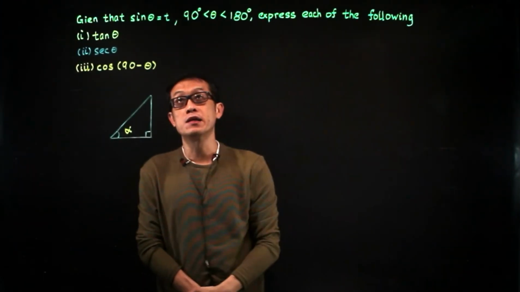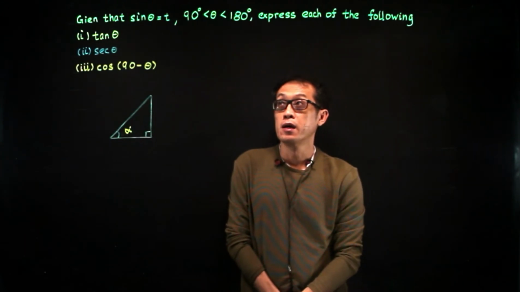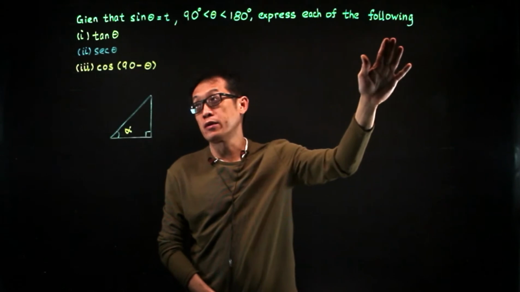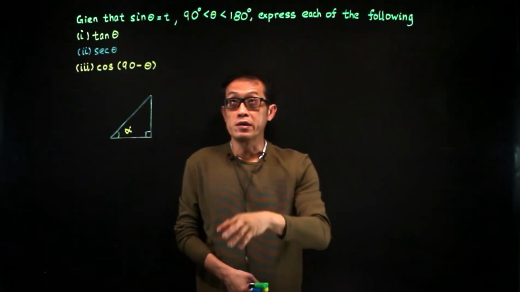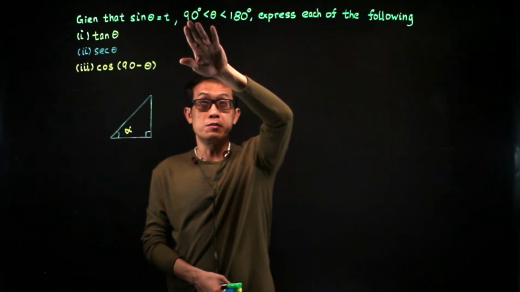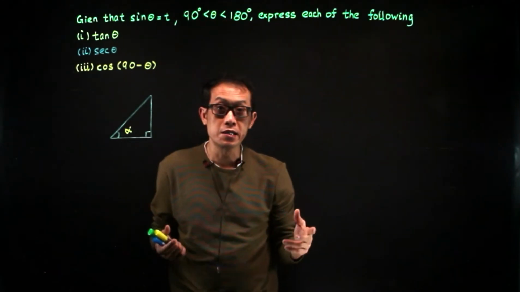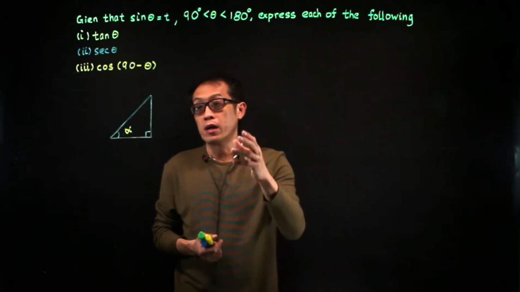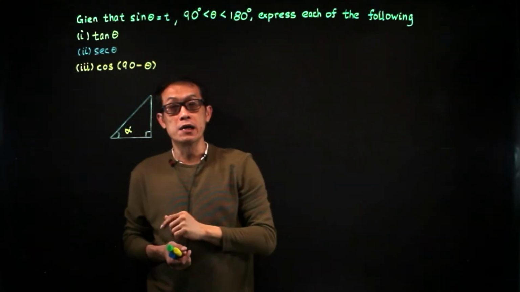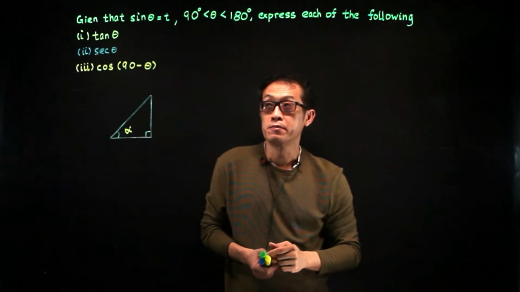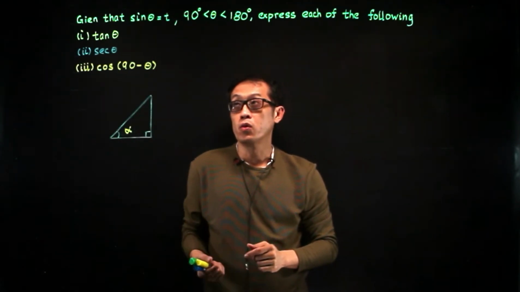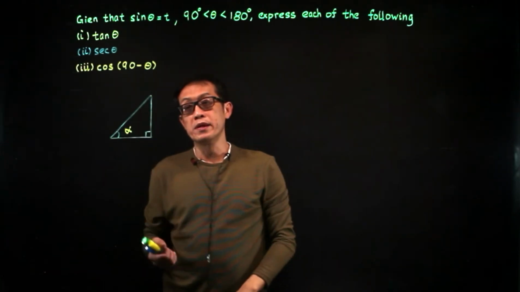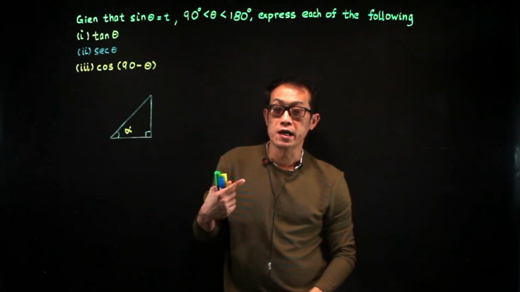Given that sine theta is equal to t and theta is between 90 and 180, express each of the following. Now if theta is between 90 and 180, that means theta is in the second quadrant. Now let alpha be the basic angle for theta. So if sine theta equals t, sine alpha also will be equal to t because they have the same